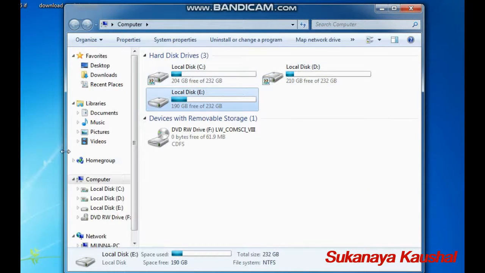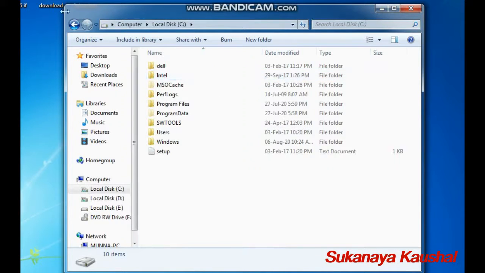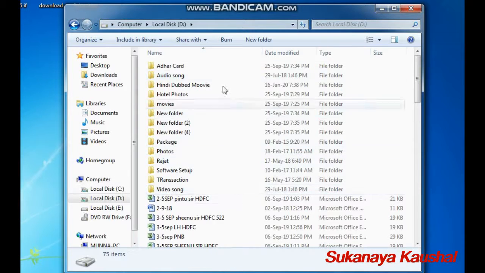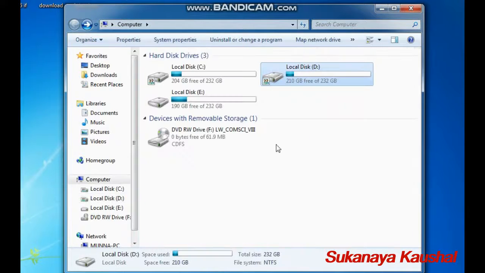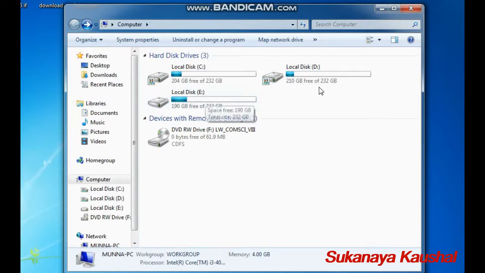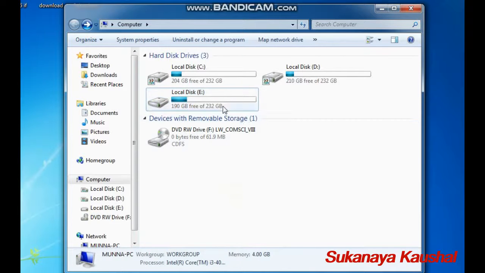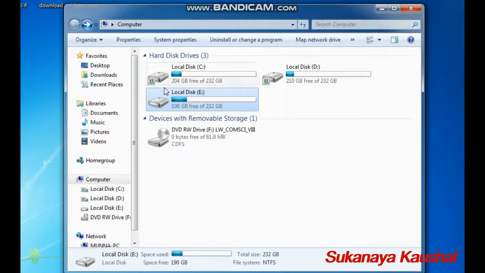One is for system usage and for Windows purposes, and another local disk is for the files, and it shows the drives connected, the hard disk drive sections. So this is the local disk Windows.